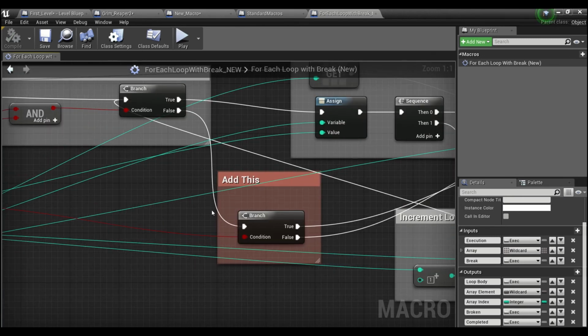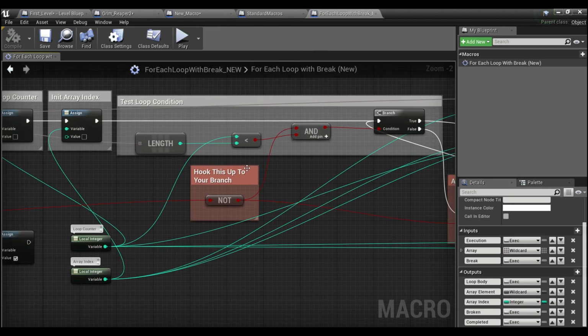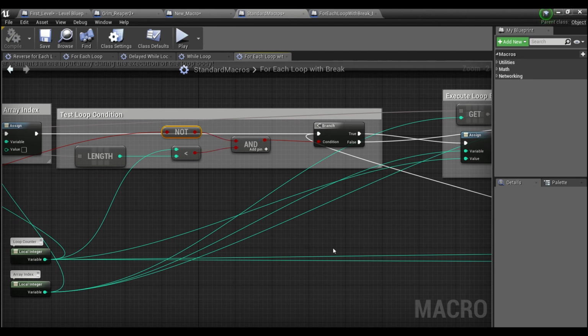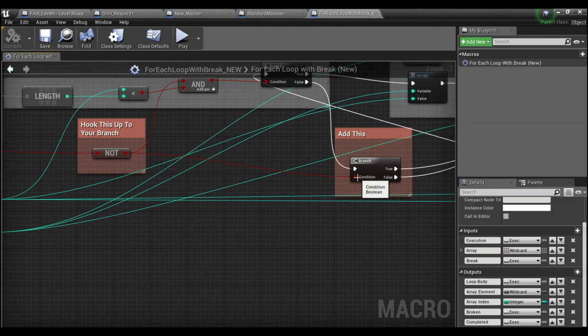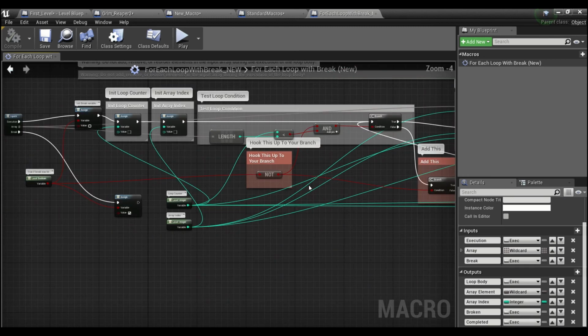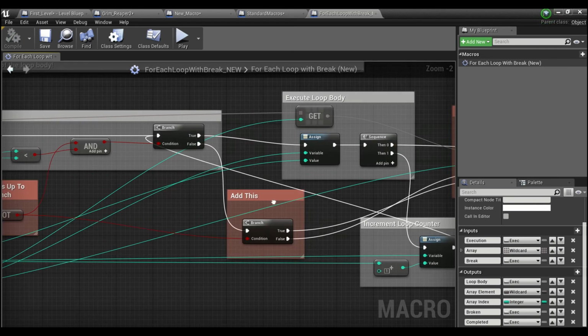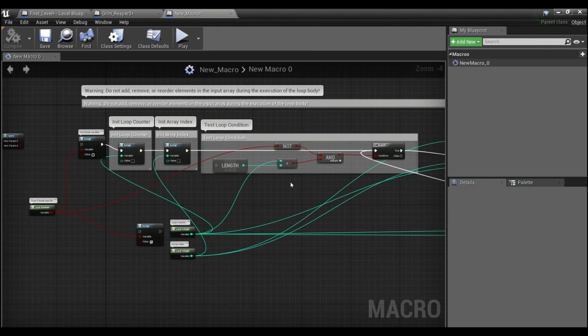You have to add a branch node here that comes after the original branch off of the false. And then you'll see they have a not node in the standard. It's up here, this one. And all you're going to do is drag another wire off of that, as you can see here, and it's going to go into your branch node. So once you have that set up, so these 3 changes, you'll now have,